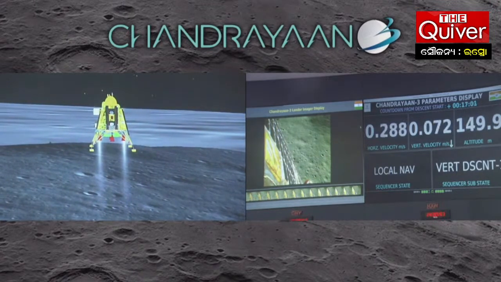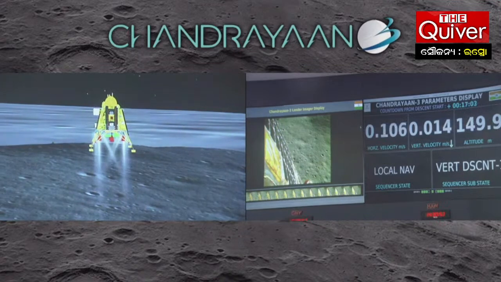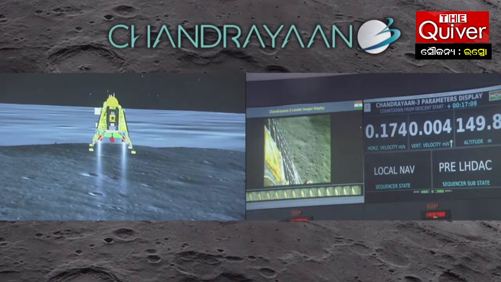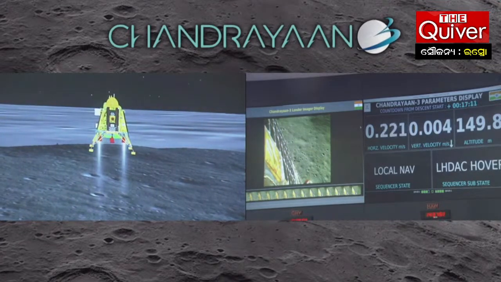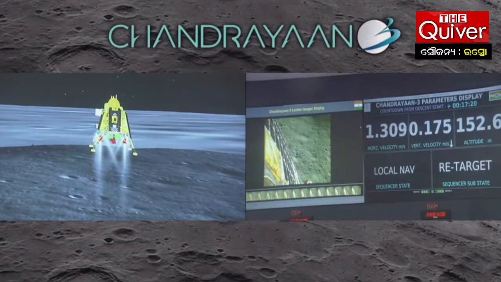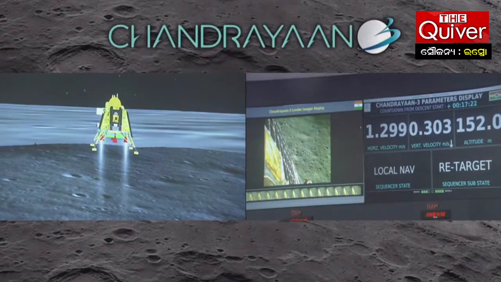We are approaching the vertical descent phase 2, which will have the lander module hovering at nearly 150 meters above the lunar surface. जी हाँ, आप इस तालियों के गड़गड़ाहट को सुन सकते हैं जो कि सेकंड हैवरिक फेज के कंप्लीट होने के बाद इन सारे वैज्ञानिकों के द्वारा की जा रही है।